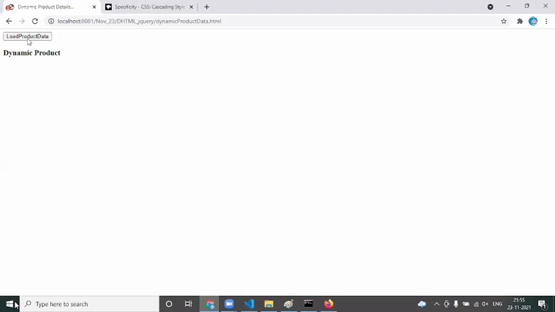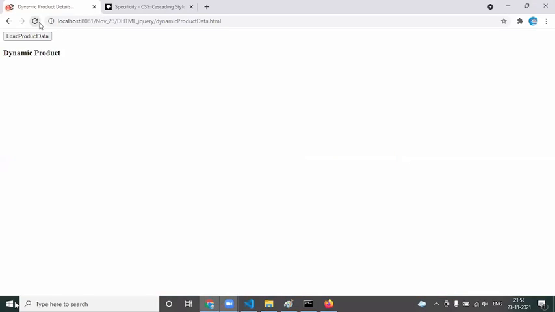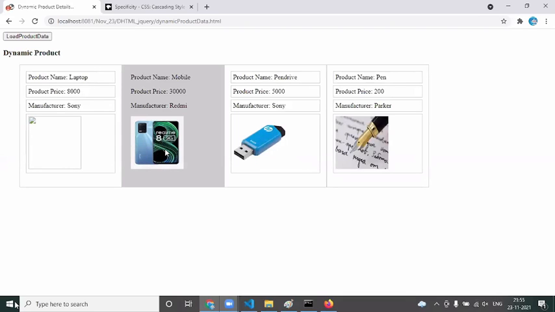Now, if you reload the page and click on load product data, you get: error while communicating with the server. If your server is valid, reload the page, you are getting the loading message and you will see the response. Now, two things you need to observe here, guys. Either you have an error while communicating to the server, or a delay.